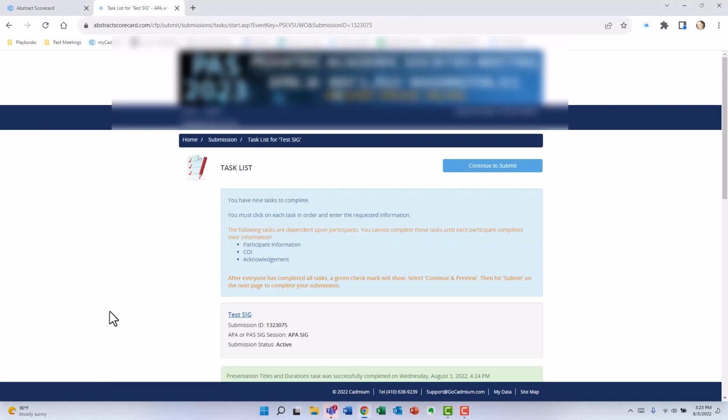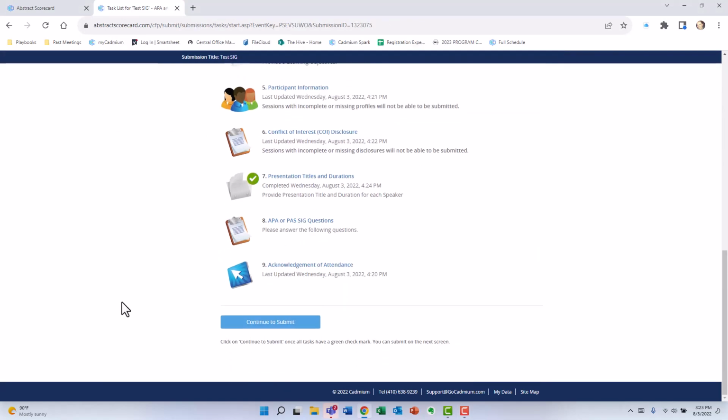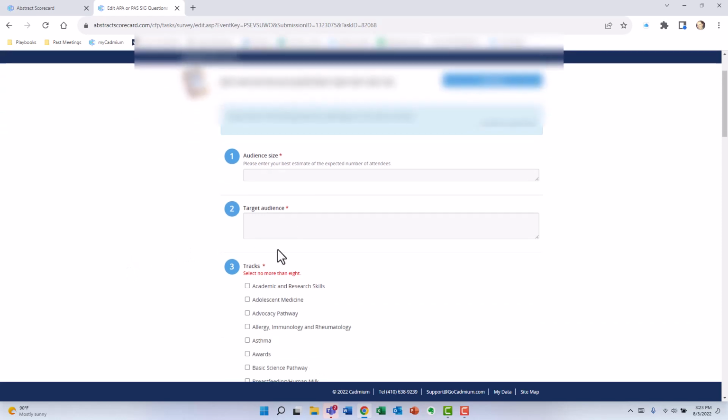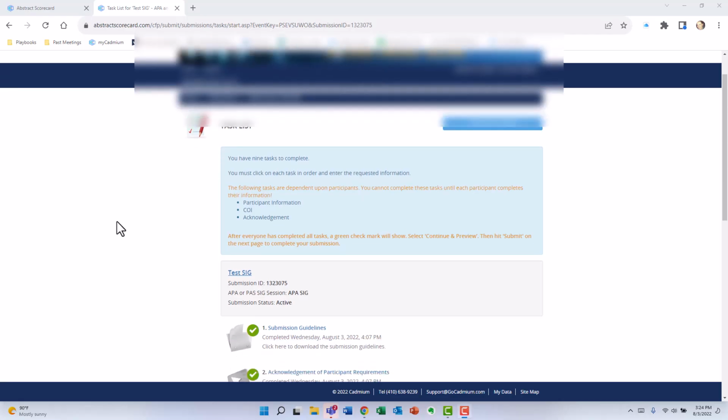After we hit Complete Task, you are going to go back and then go to your APA or PAS SIG questions. Any question that's required is indicated by a red star. Fill everything out and then click Continue. Your final task is the